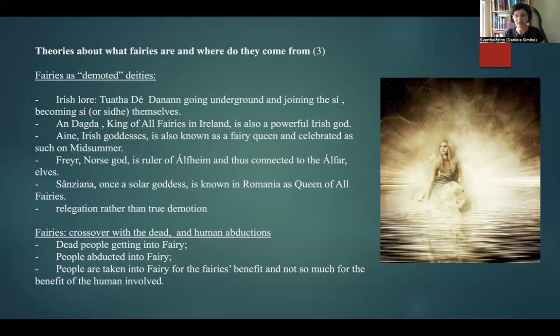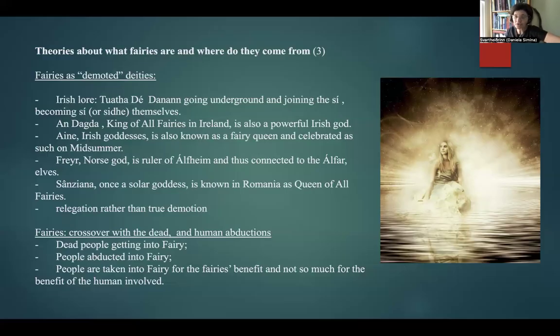At some point they go underground, in the mythical and legendary events involving the Milesians, humans and the ancestors of the Gaels, who came to Ireland. There was a fierce battle, and in the end the Milesians win, and the Tuatha Dé Danann are driven under the ground, where they join the sídhe. Sídhe is spelled with an accent mark on the I.